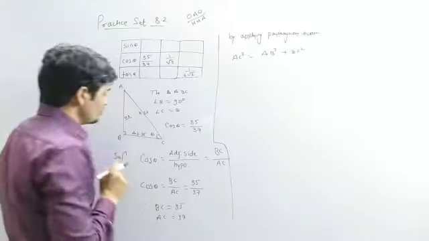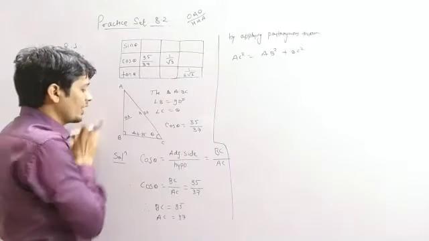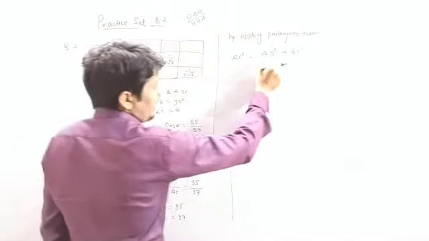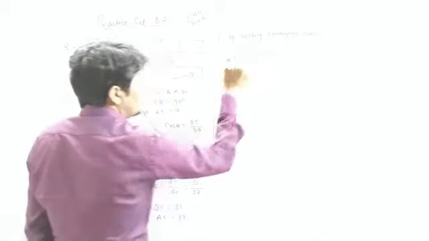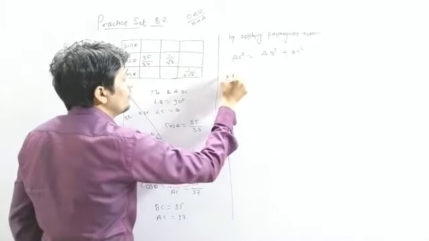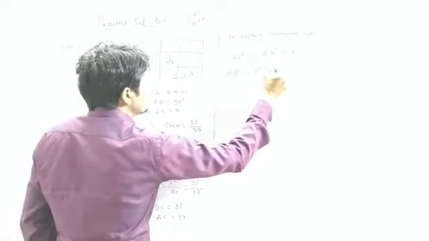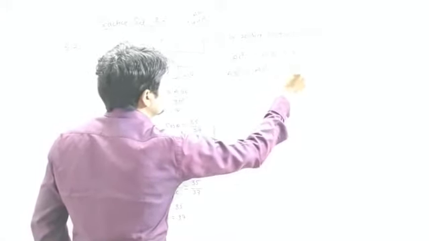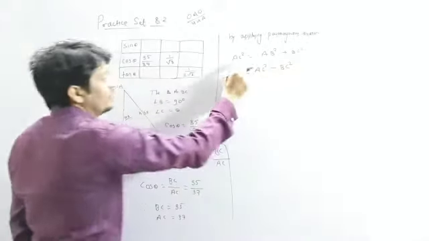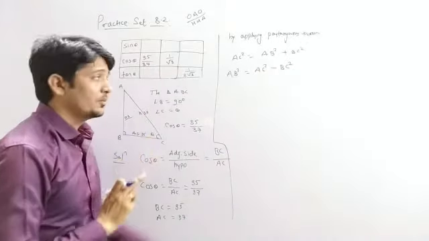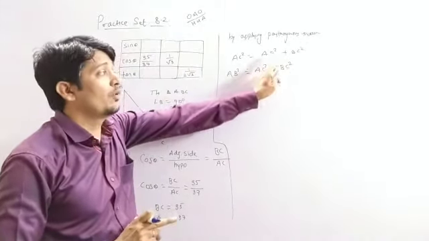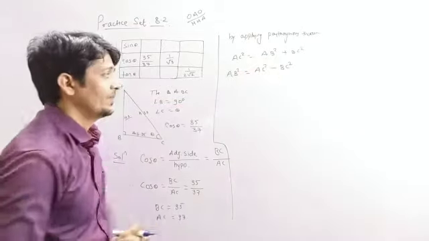So we have to derive the value for AB square. So we have to transfer BC square to the other side. So what will we get? We will get AB square equals AC square minus BC square. We are transferring it, so it will go with a minus sign with AC square, because it is in positive form with AB square. Okay.